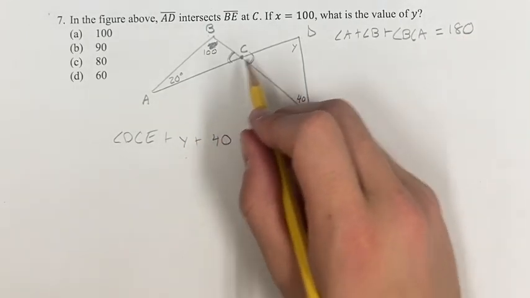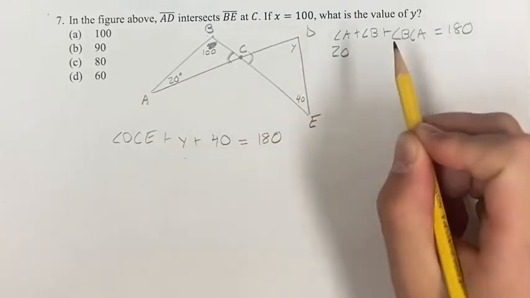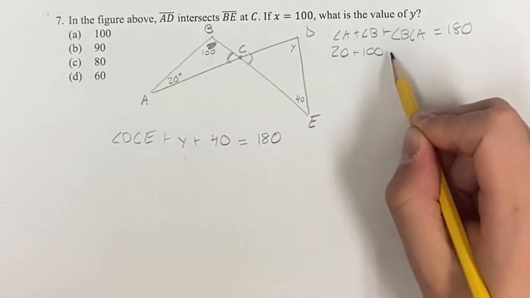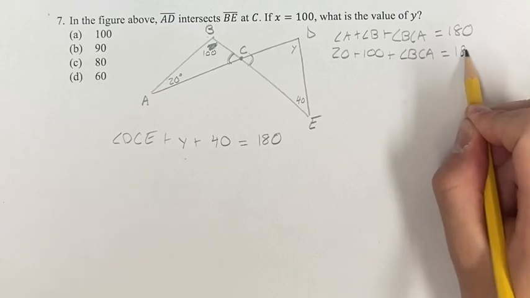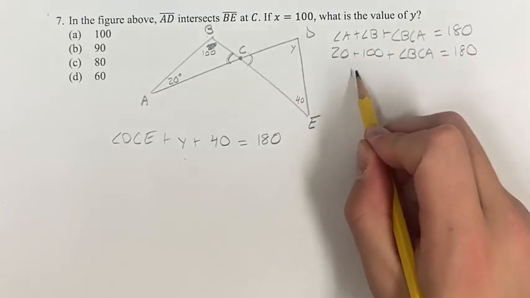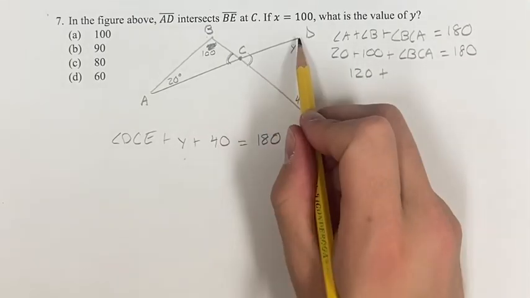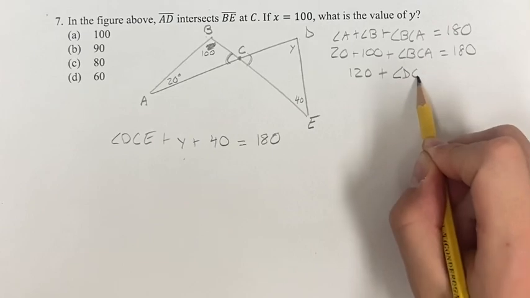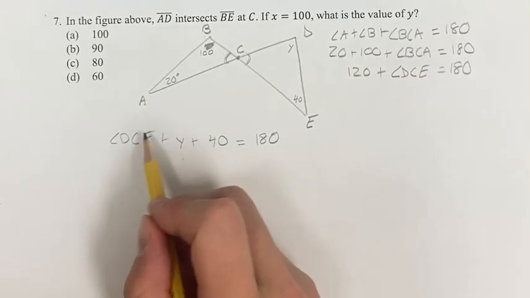Again, all triangles, their angles add up to 180. We know angle A is 20. We know angle B is x, which we're told is 100. And then plus angle BCA is equal to 180. So 20 plus 100 is 120, plus angle BCA, which we found is equal to angle DCE, so we can just plug that right in here. And that's equal to 180, and now we can solve for angle DCE, which is what we need to solve